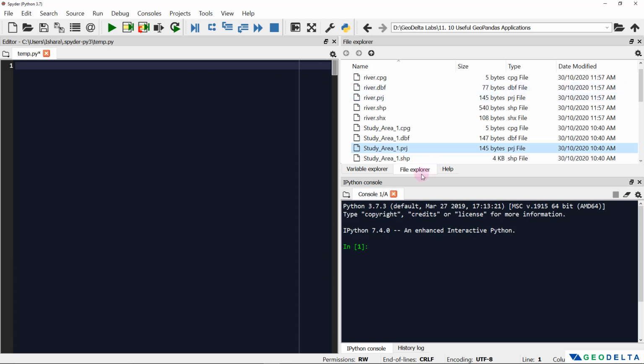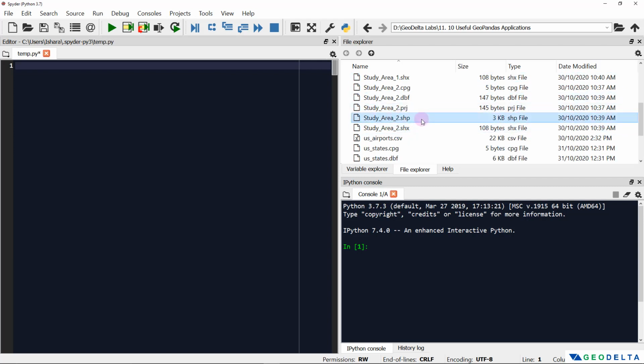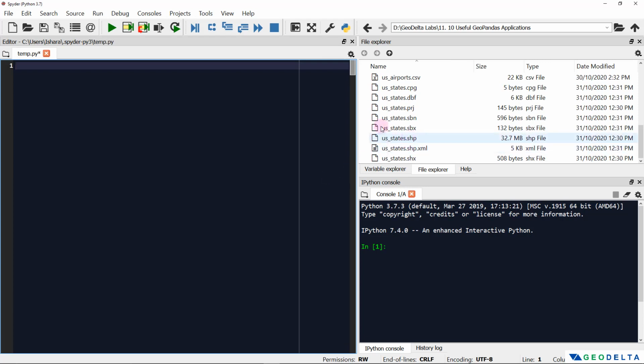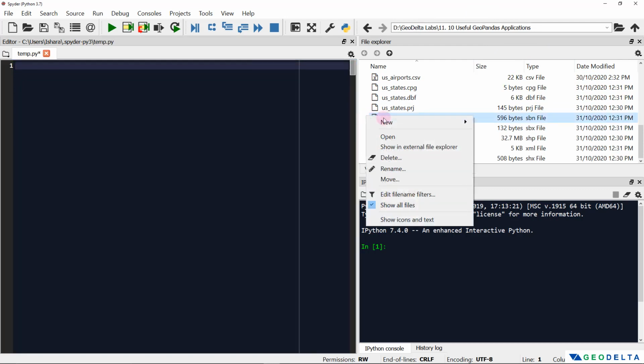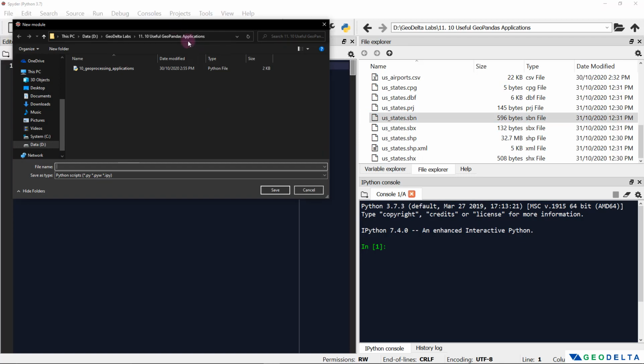Now over here in my file explorer, you can see that I have some shapefiles. I have a shapefile called river, another shapefile called study area 1 and study area 2, and a shapefile of the different states of the US. To get started, I'm going to create a new Python script in my working folder: I right click over here and create a new module, and I'm going to name this